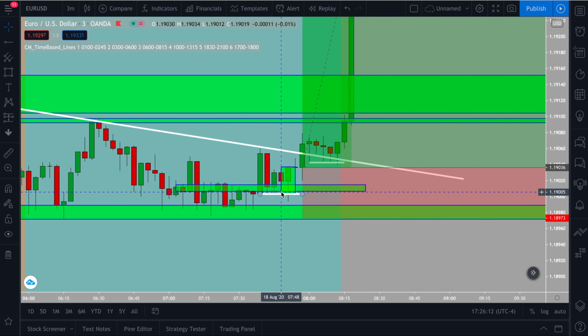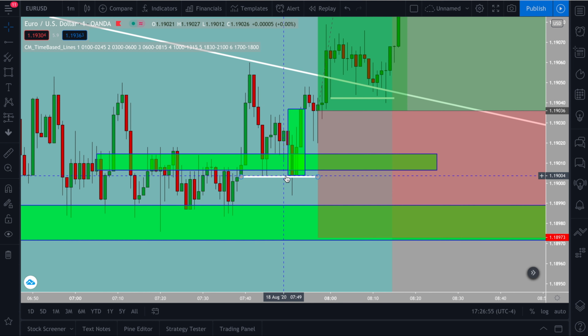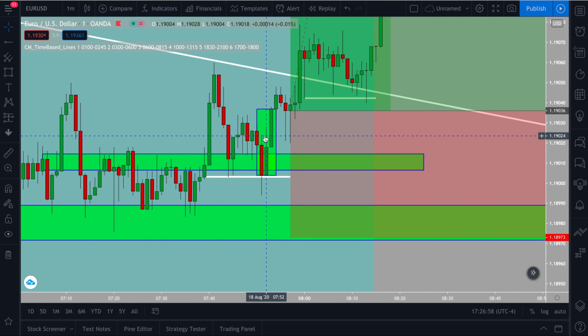So price, remember, it came up on this 3-minute, so it's breaking all these resistance areas right here. Boom, up, came back down. So on this candle right here, this is where I marked off my low. As long as price can stay supported at this area, what I'm looking for is price to break